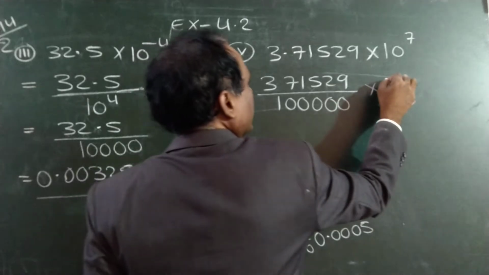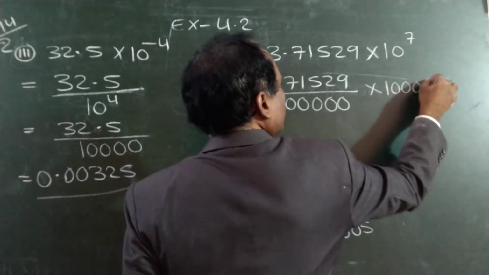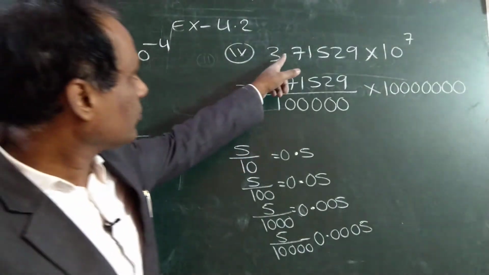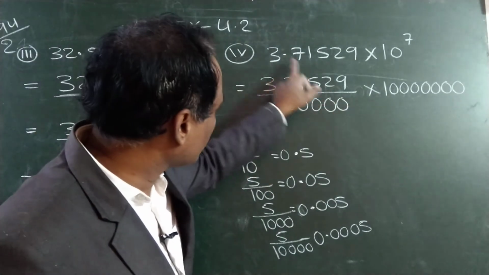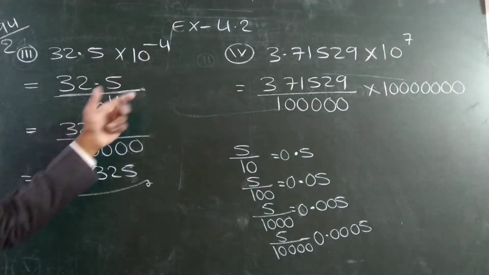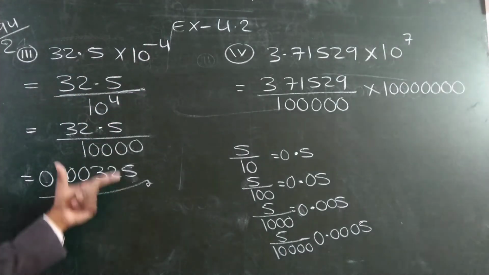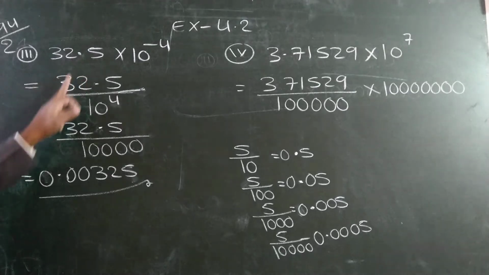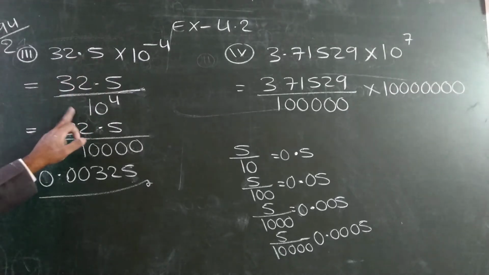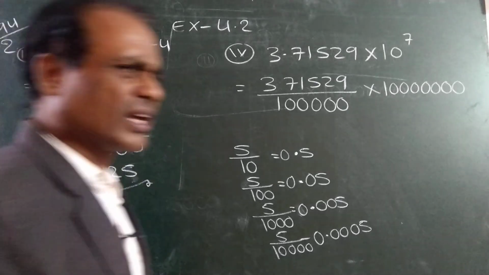Into 10 to the power of 7 is 7 zeros. Already the decimal is removed here. Here I have not removed the decimal because of the negative power; anyway the answer will be in decimal only. That's why I have not removed the decimal. You can remove it. You can write 110 here because after the decimal there is only 1 digit. Total 10 power 5. Like that also you can write.